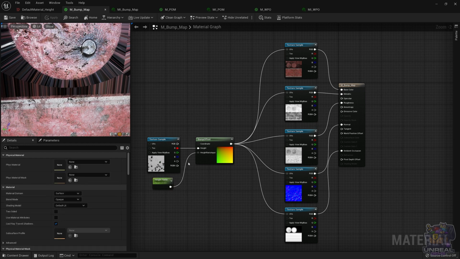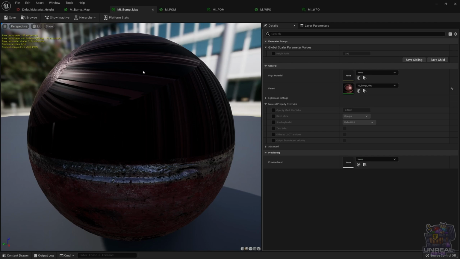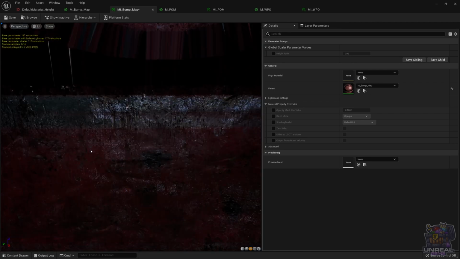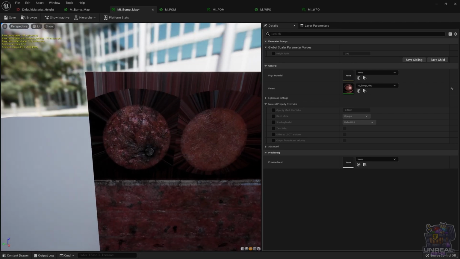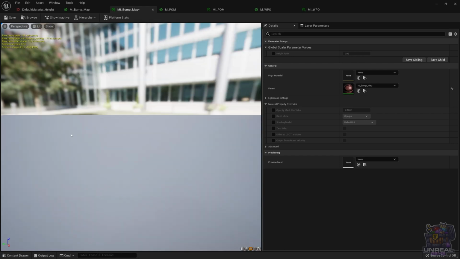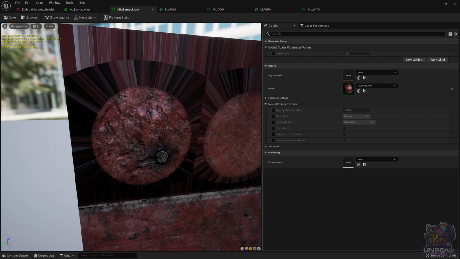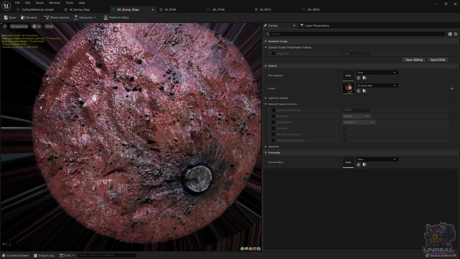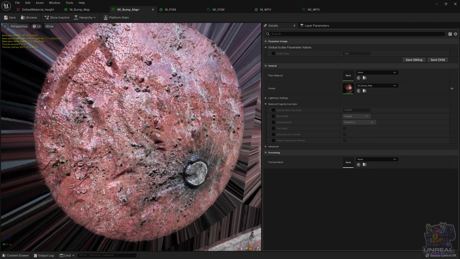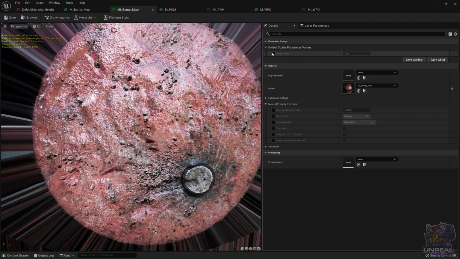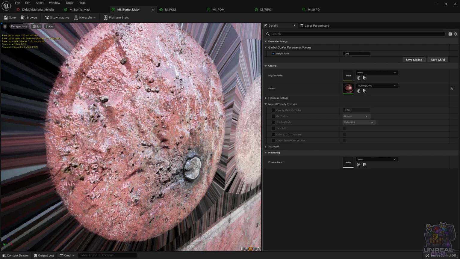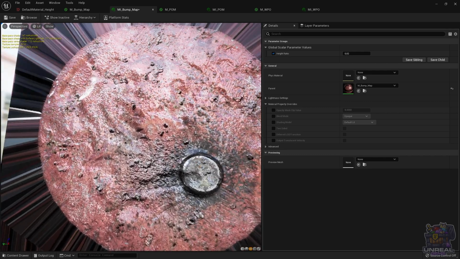Okay, so let's go ahead and take a look at what happens if we change these parameters. Let's go to the material instance and change here to a plane, and let's take a look at the top of the barrel. Let's get close up. You can see that this node has a problem that is called swimming. When you use the bump offset, since it manipulates the UVs,